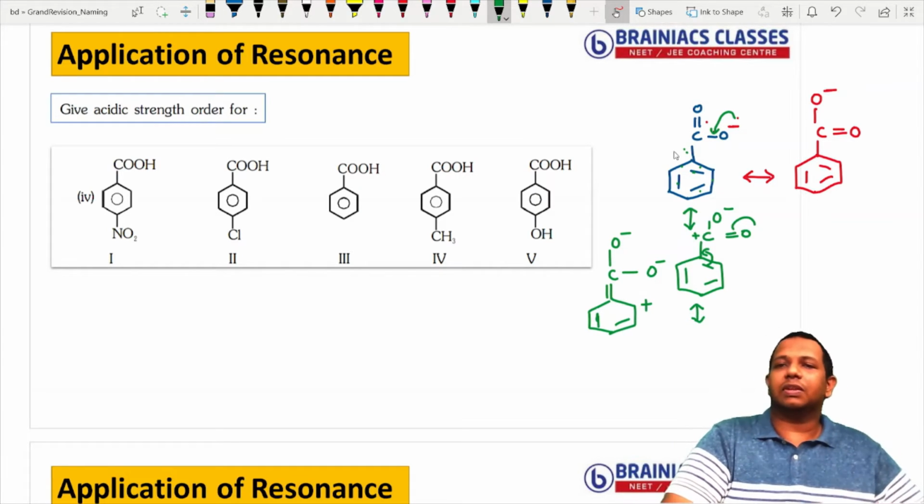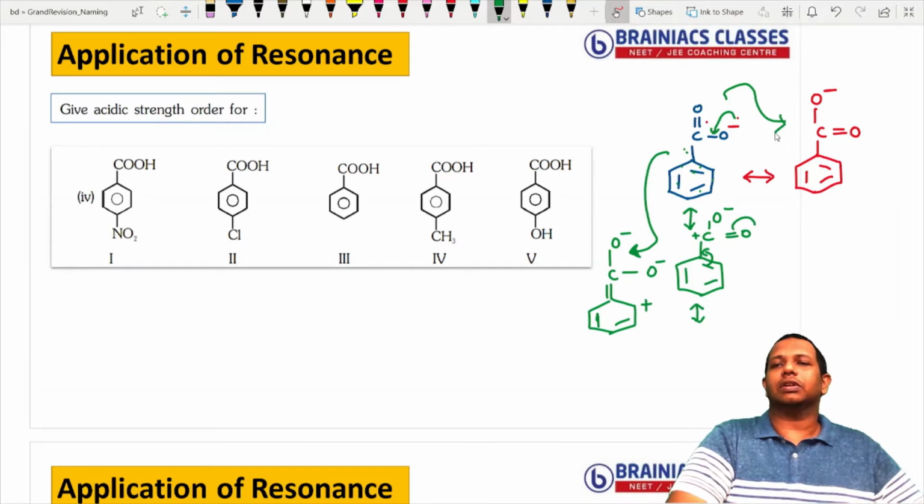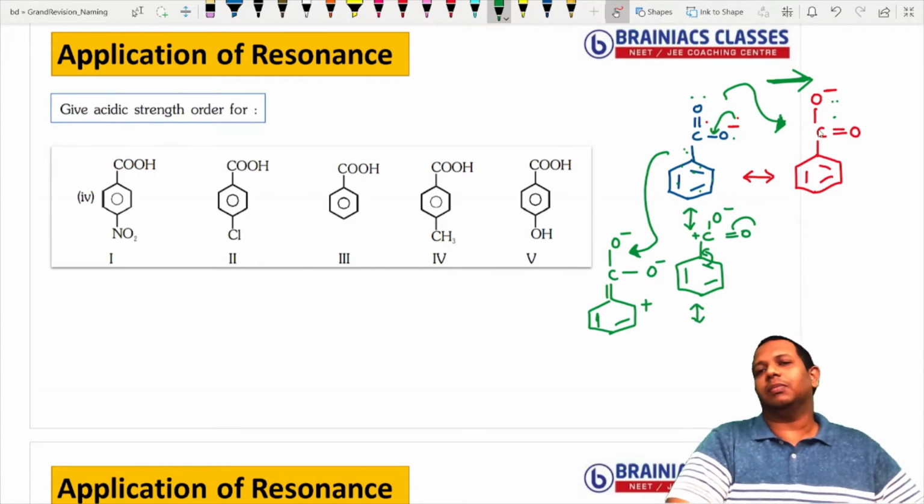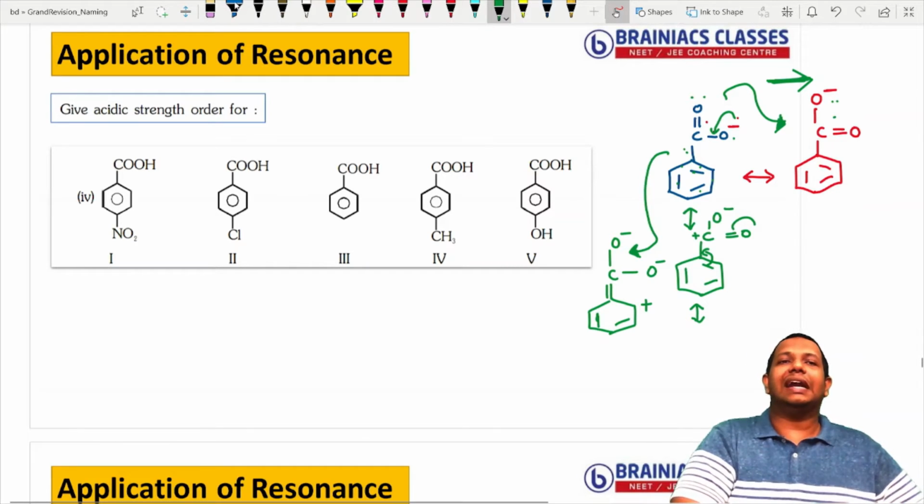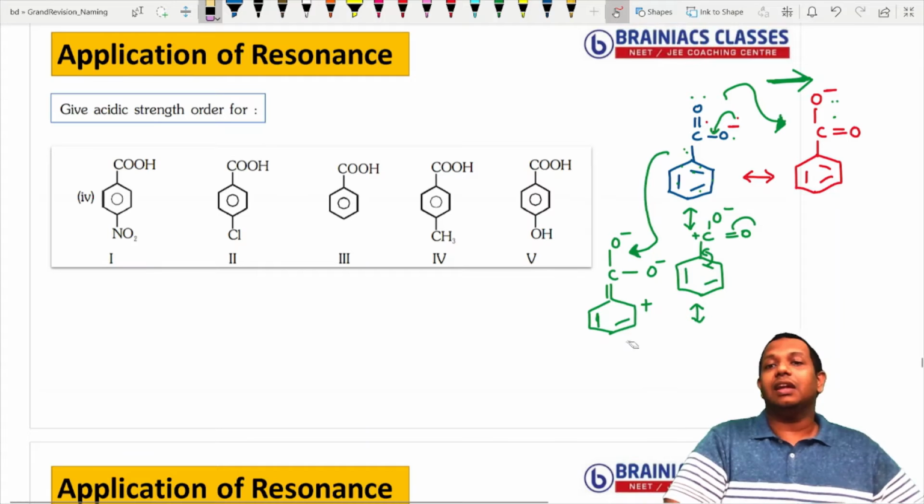Now the question here is whether the benzoic acid will go in this conjugation, or will it go in this conjugation? The answer here is it will go in this way. The reason for that is this is resulting in identical resonating structures. This structure and this structure both are similar, but here this will result in non-identical resonating structures, and we know that identical resonating structures are more stable than non-identical resonating structures. And this phenomenon of showing resonance in two ways is called cross conjugation.